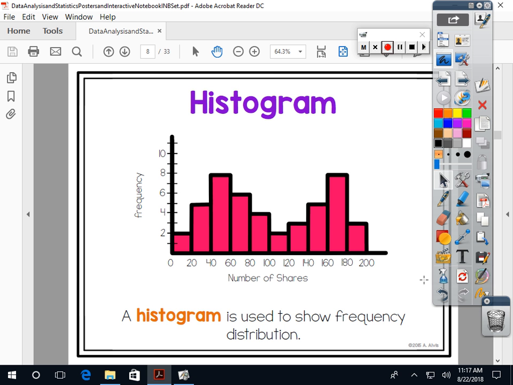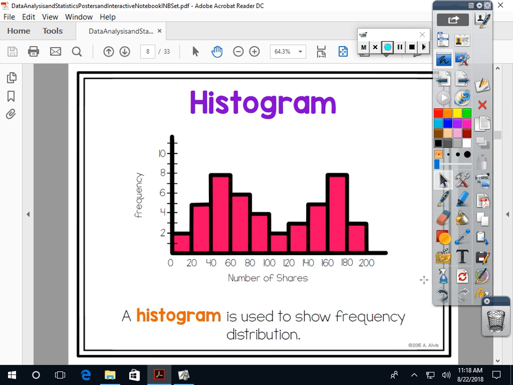Correct. A bar graph has spaces between each of the bars. The histogram is just all together. Okay, and it's used to show frequency distribution as well. Now, if you're reading this histogram,